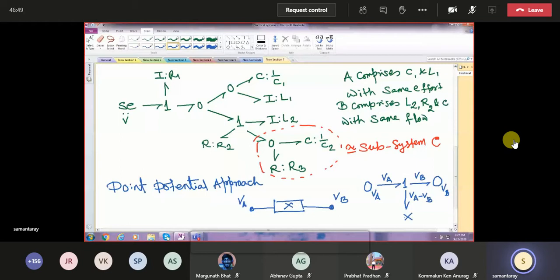So that is the principle. At each end of an impedance, you put two zero junctions, take the potential difference at a one junction, and model the impedance there, because the current is the same. The current here, in this part, and through the impedance has to be the same. So all three will have the same current and the potential difference will be computed at the one junction.